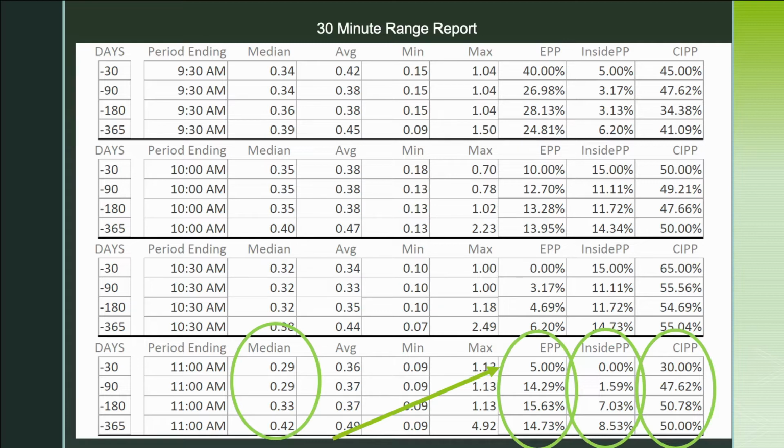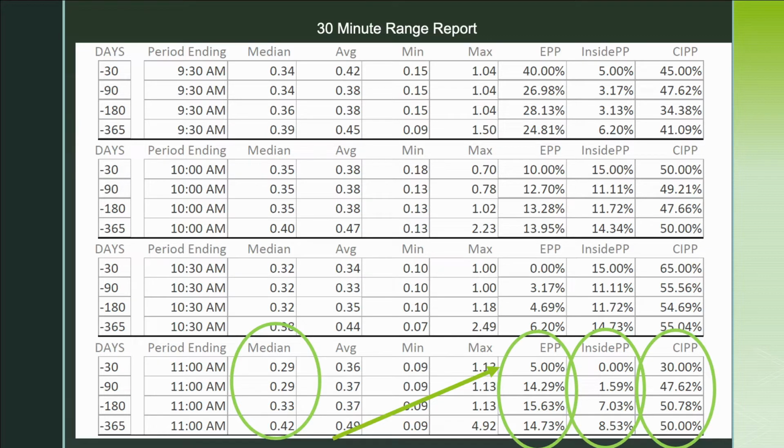We have a 0% chance lately and a decent range that the current bar, this is the bar ending at 11 a.m., is going to be an inside bar. Now notice the 30% CIPP statistic. So this presents the possibility that the market could move outside the high or the low of the previous bar and keep going, or it's not going to retrace back far enough 70% of the time to close inside the